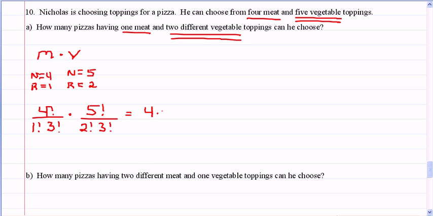So 4 times 3 factorial over 1 times 3 factorial, and then for the second fraction, I stop at 3 factorial,